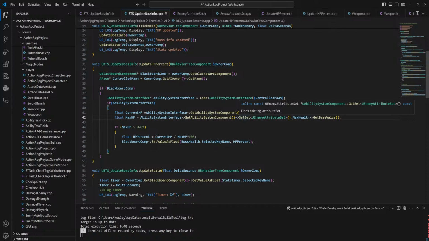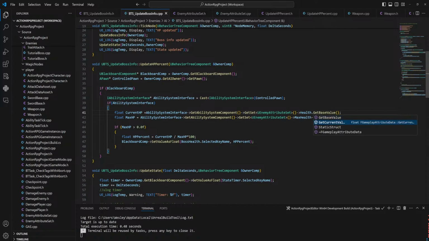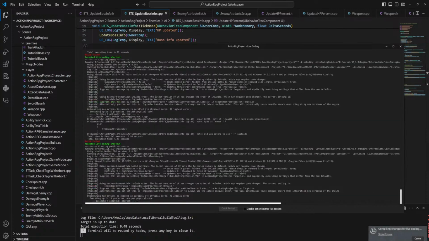This gets me a U enemy attribute set, which is a class. Oh. This is destruct. This of course is still a pointer because it's referring to a specific set on that specific component.